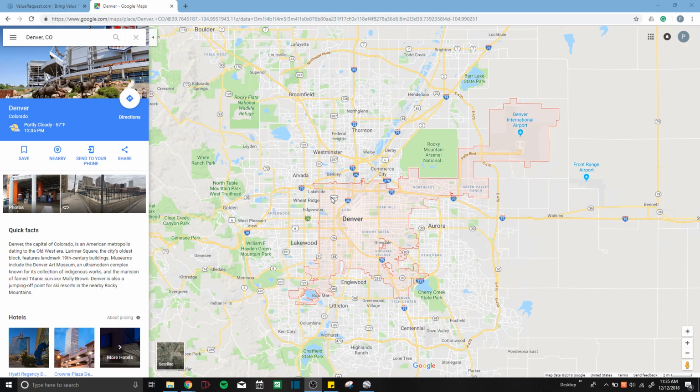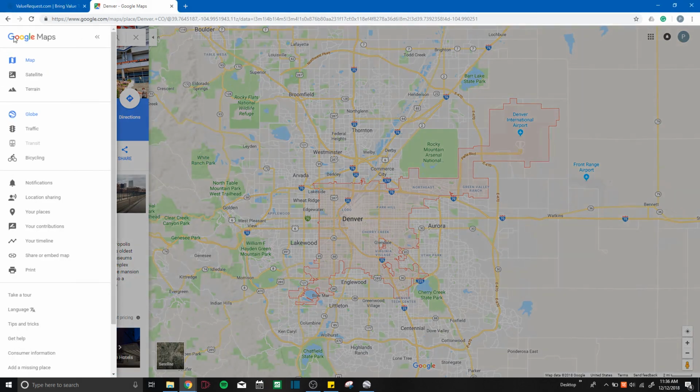You can run regressions, you can run adjustments, you can display it on the map with additional public data however you like. So to do that, we're first going to go to Google Maps. You will need a Gmail account for this. But once you're on Google Maps, you're going to go to the top left hand corner in the menu section,